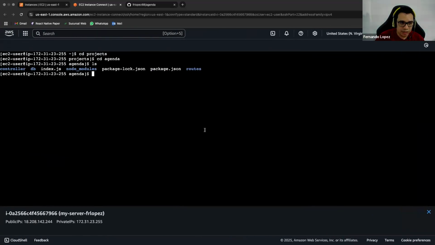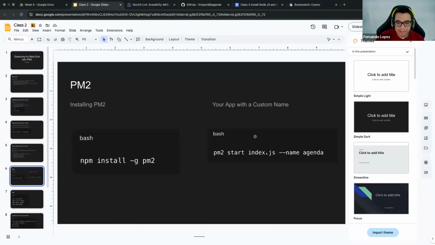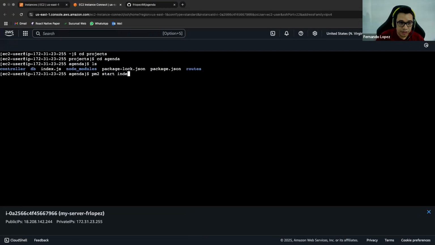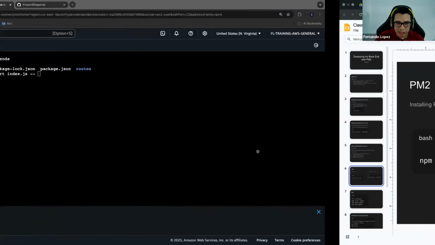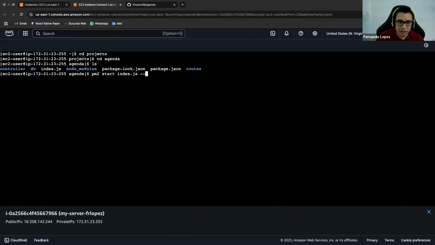Okay, so to daemonize this index file, we need to do something like this. pm2 start, and you need to put the name of the file. In this case, it is index.js, and then you're going to provide a name for the process. This is going to create a process in the background. So the name of the process will be agenda. So if we, let's see,